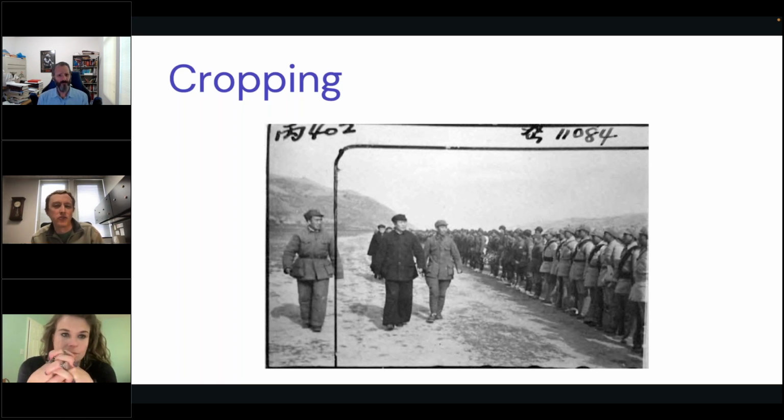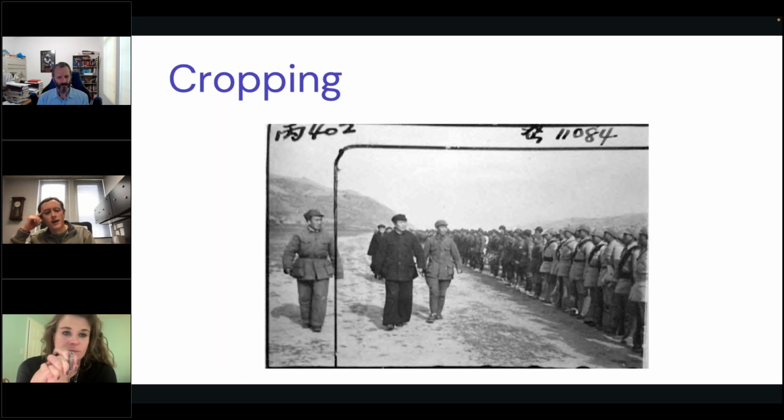This is what we now know as kind of a cheap fake. We see this a lot with digital imagery, but again, it was very easy to do. In film photography, you simply have to just cut the photograph. Here's an example, again, drawn from Maoist China. Mao is the subject in the center of this photograph. You can see that there is another official who is ahead of him as they're reviewing these military personnel on